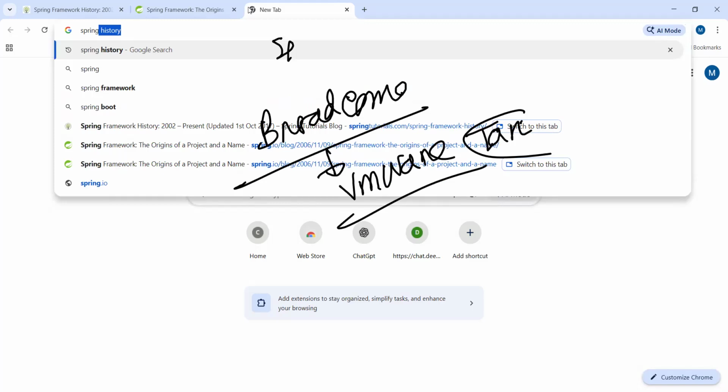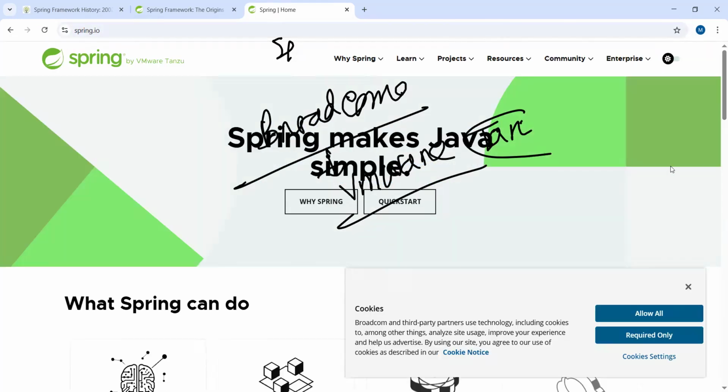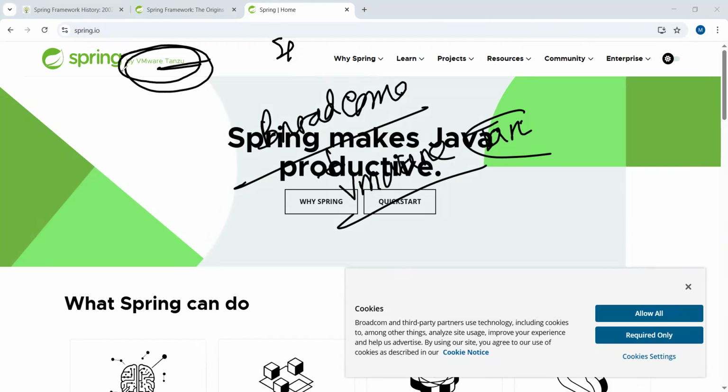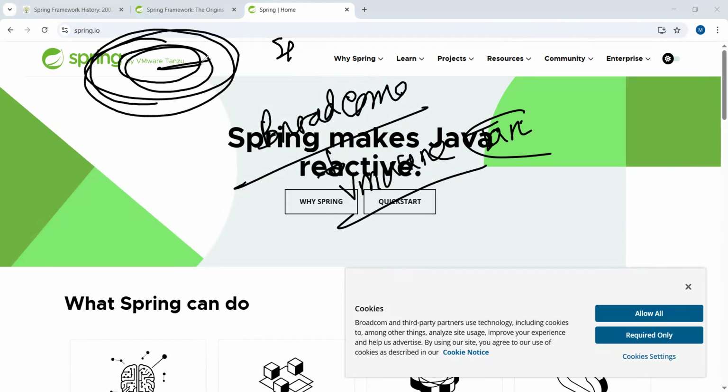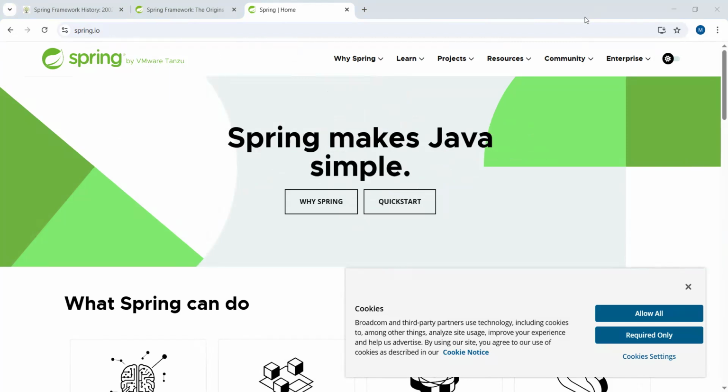Spring.io. Are you observing Spring by VMware Tanzu? Nothing more than this. Right now, this VMware company is part of the Broadcom company. Any confusion?